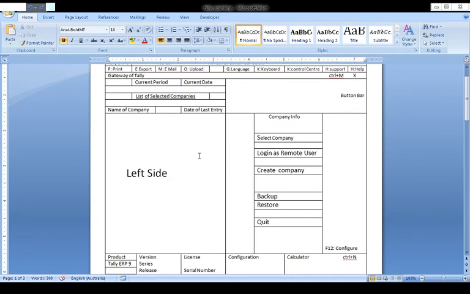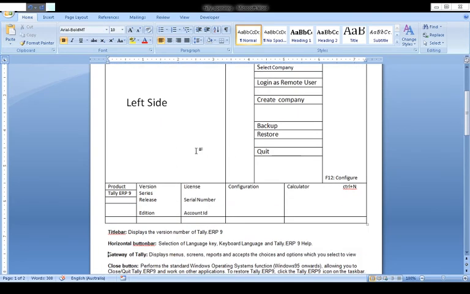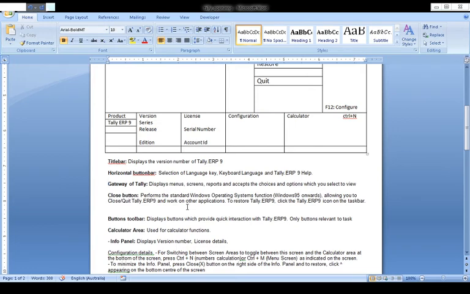Everything you will find here. That is why the name is gateway, because menus are there, screens are there, reports are there, choices are there, and so on.